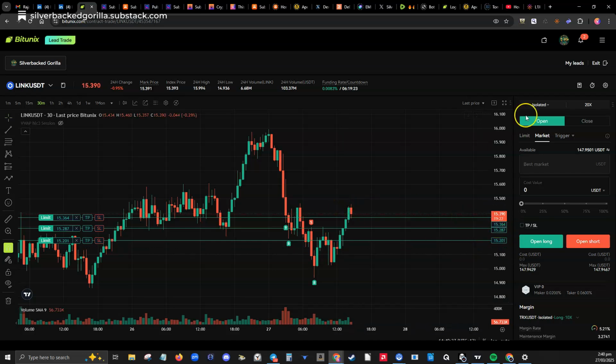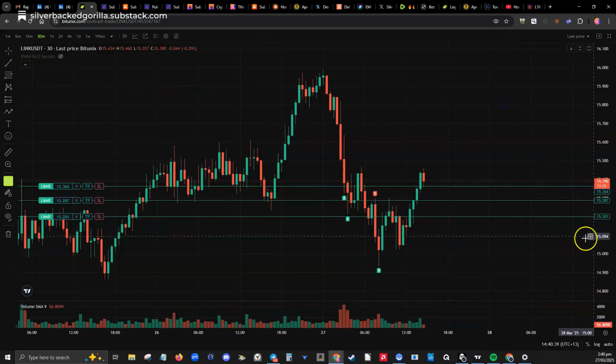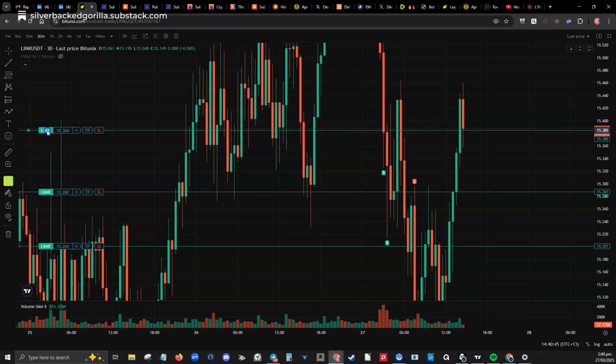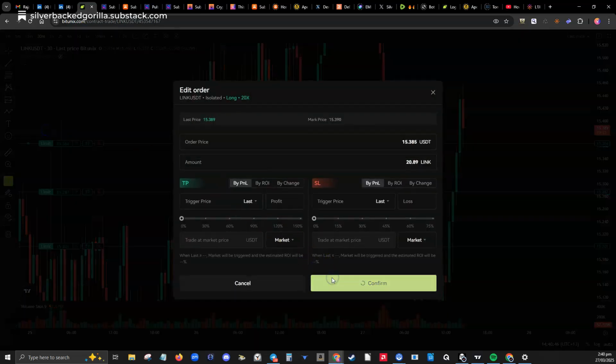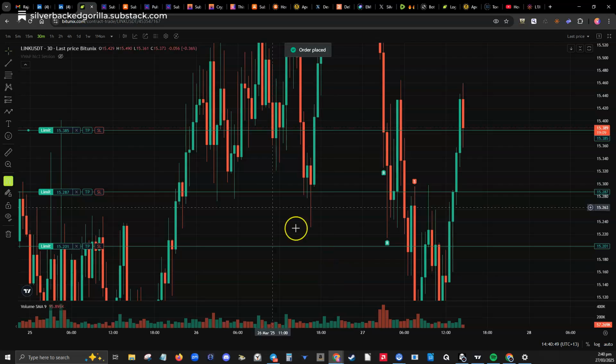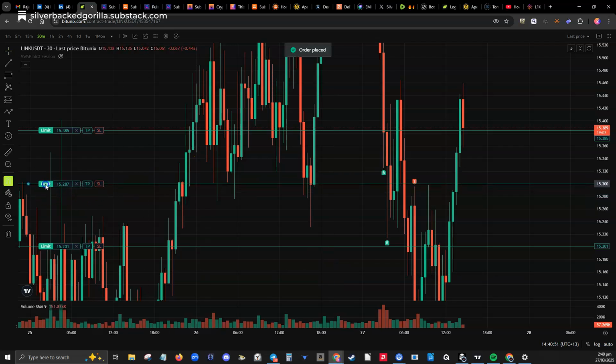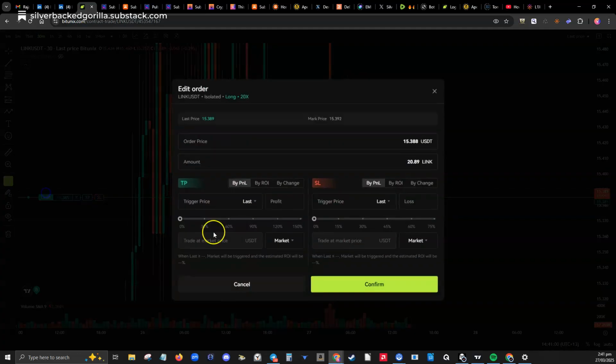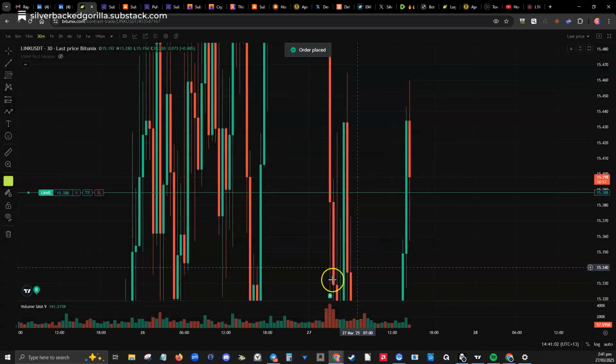Hopefully that fills. It doesn't look like it is. Okay, if you want to cheat, I'm doing limit orders. I don't do any market orders, so if you want to cheat a little bit, you just bring your limit order right up underneath where the price is, and then hopefully there's a little bit of volatility, it shakes around, and you get a fill. We'll get it filled. It's not cooperating. Just move it up a little more. It's moving away from me. Fill.